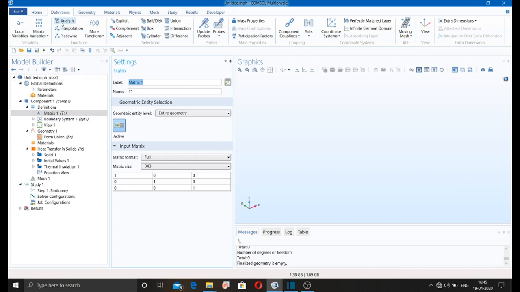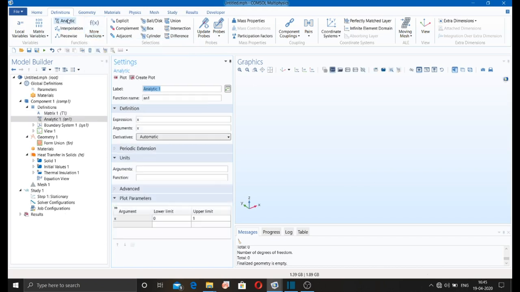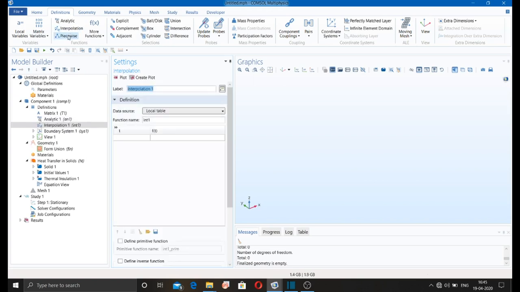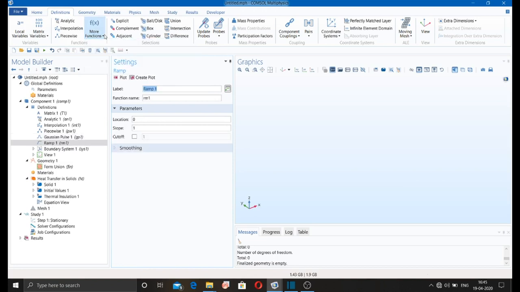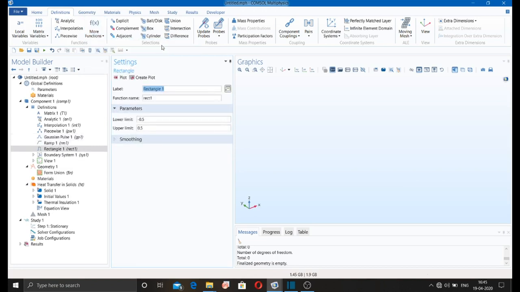Okay, there are so many kinds of functions: analytic, interpolation, piecewise, Gaussian, ramp, rectangle. You can use any kind of function as per your convenience or as per your required analysis.